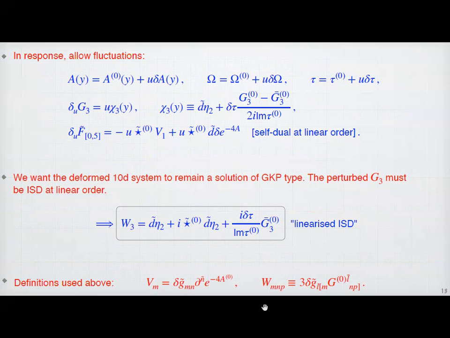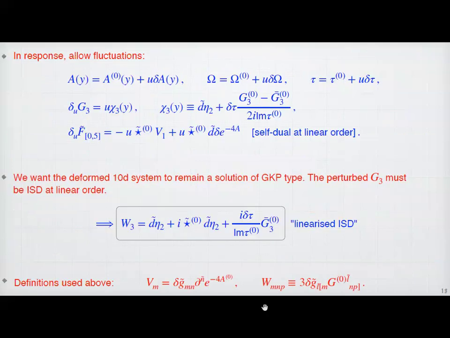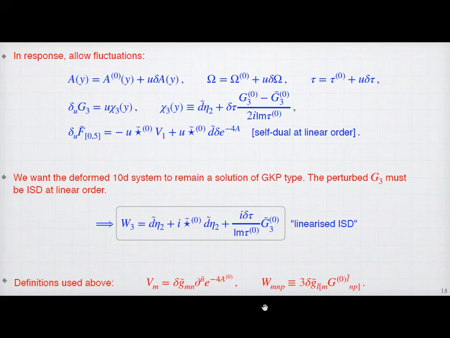Immediately, certain properties of W3 can be proved using complex geometry. For example, W3 should be anti-imaginary self-dual, like the same relation with a minus sign for W3. But I'm not going into those details, but one can prove certain properties of W3. For ISD, imaginary self-dual G3, only allowed components are harmonic (1,2) and (3,0) components. Therefore, one can judge from here whether this equation can be satisfied for the Kähler moduli or the complex